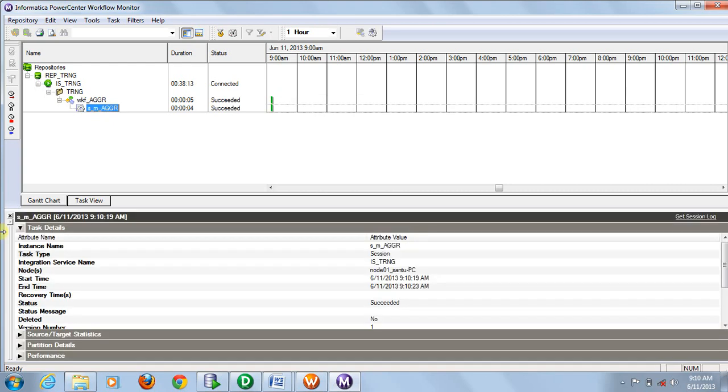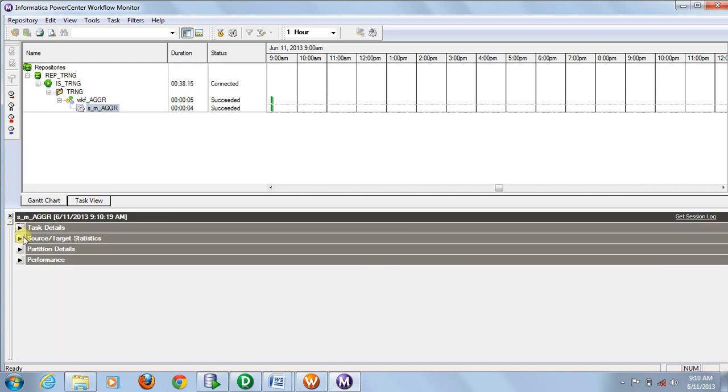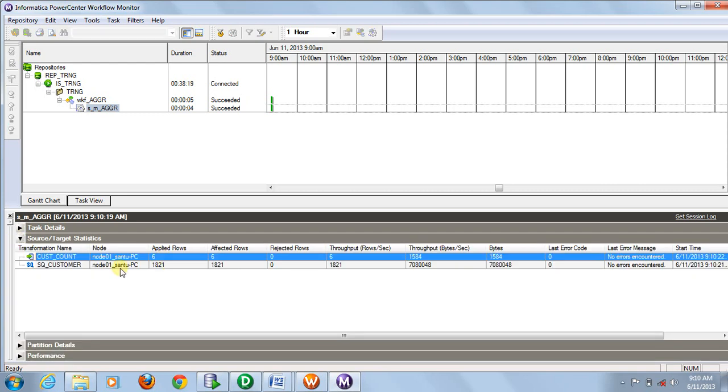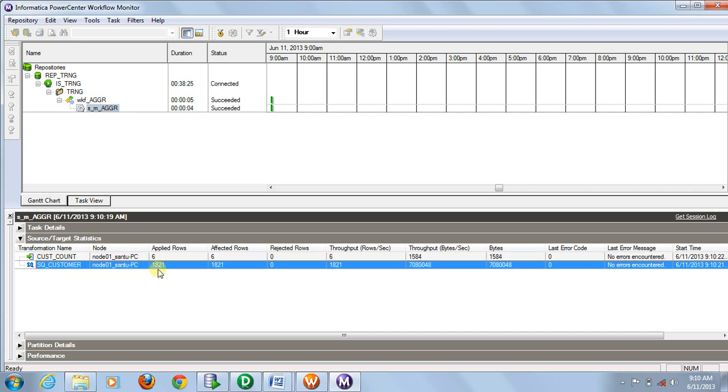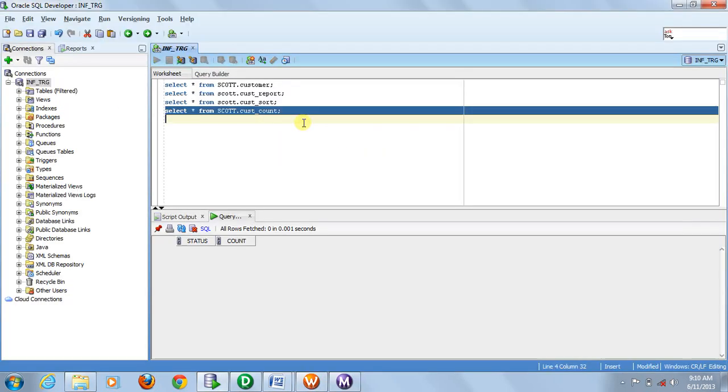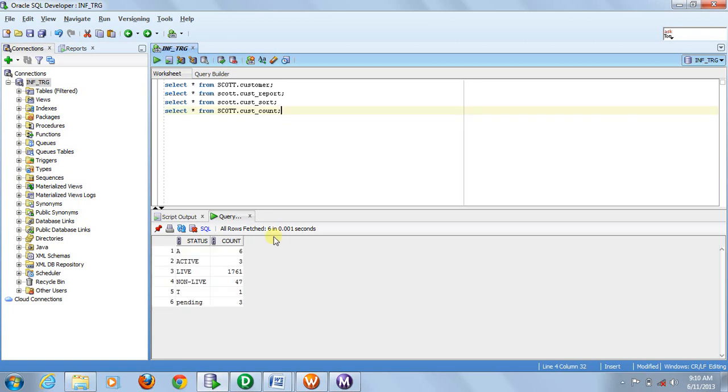Now in the session property, we'll find that 6 rows have been inserted in target, and from the source 1821 records have been fetched. So in the table we are seeing that these 6 rows are there, and their corresponding counts are present in the count column.